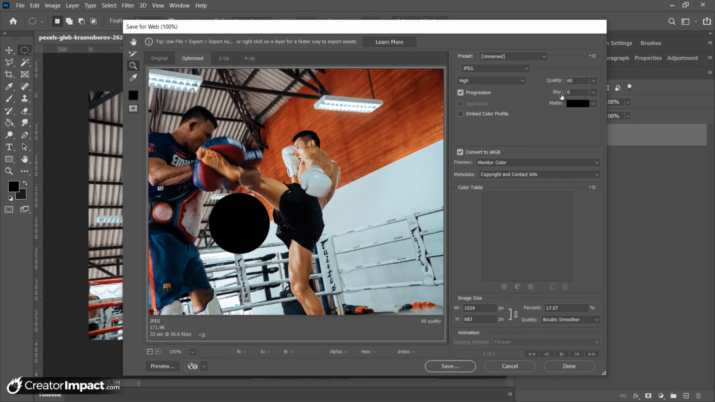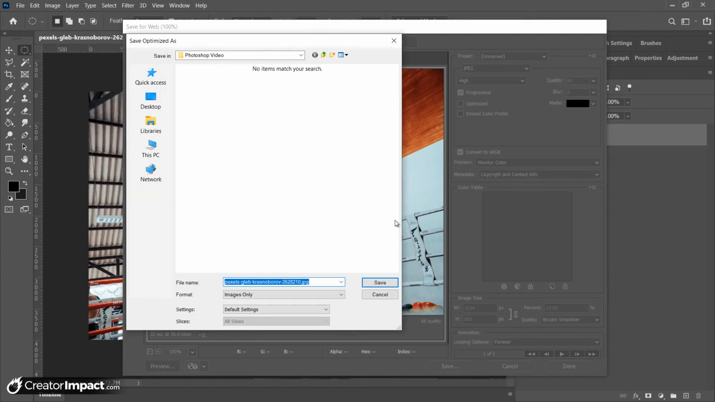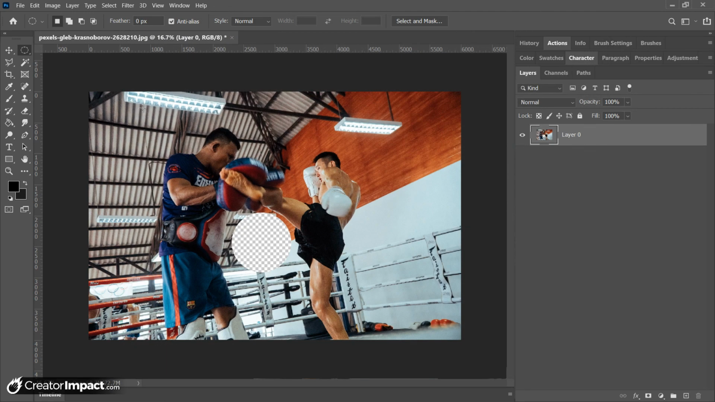All right, so we've explored all the options. Everything else is in the same spot: the sizing, the size of the file. So let's save this file. And we'll just call it optimized. Now if I actually bring this across,